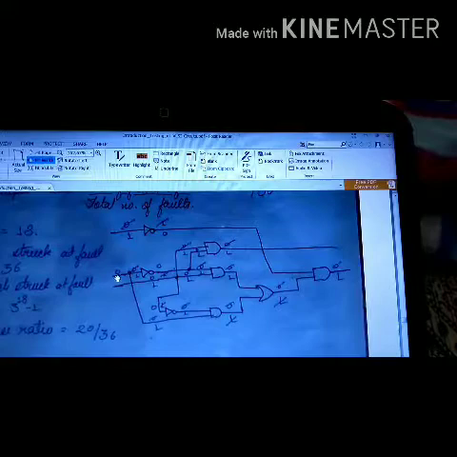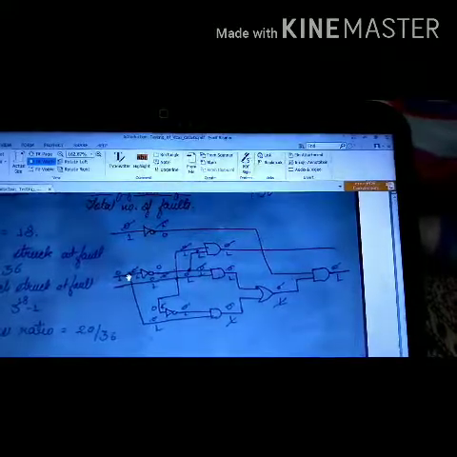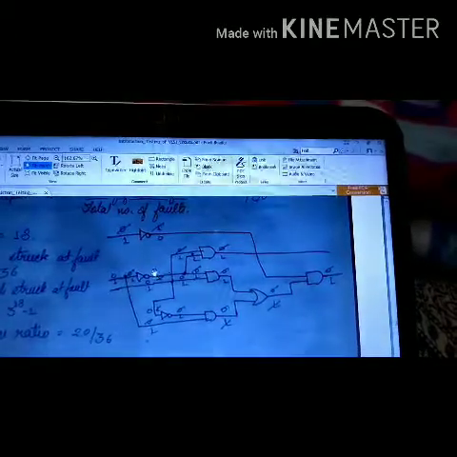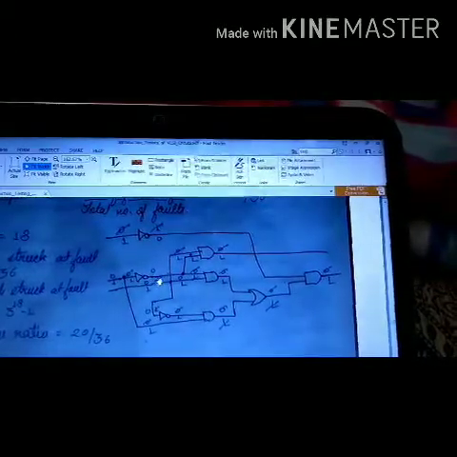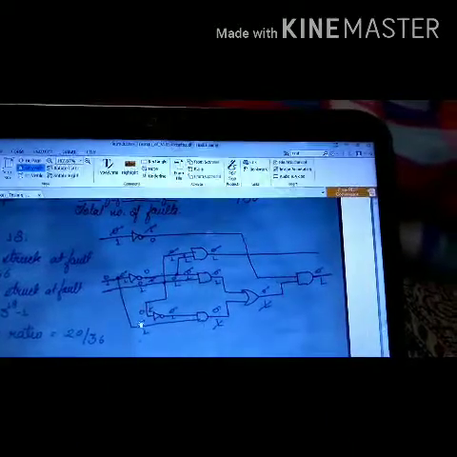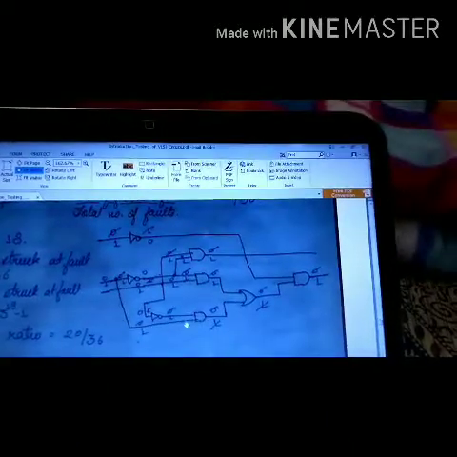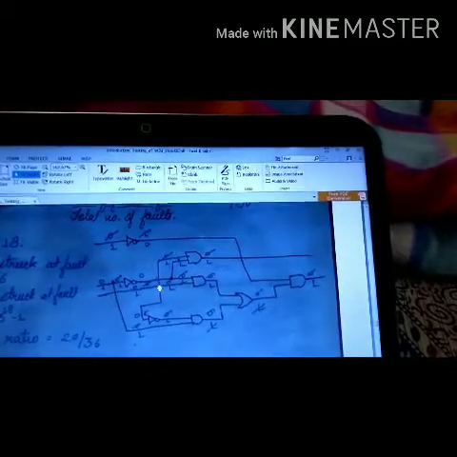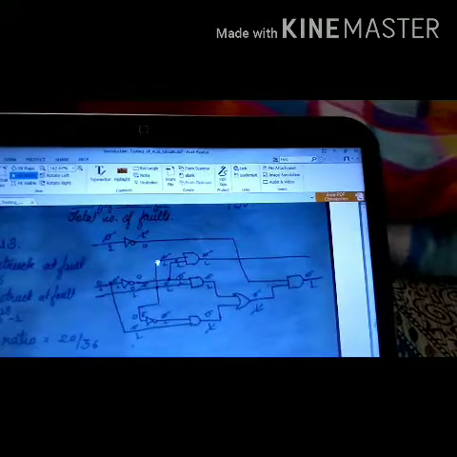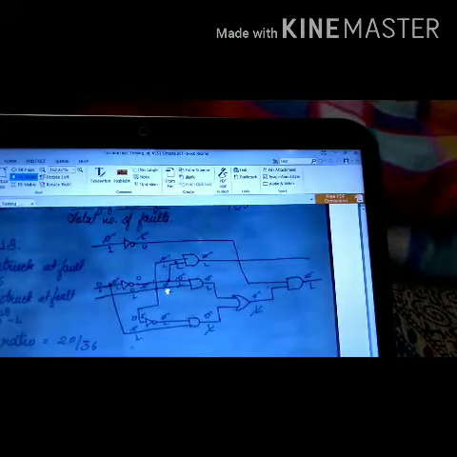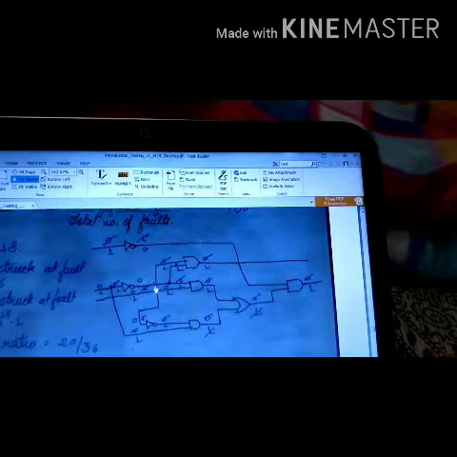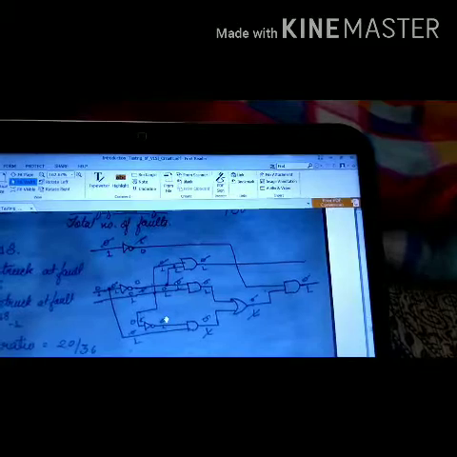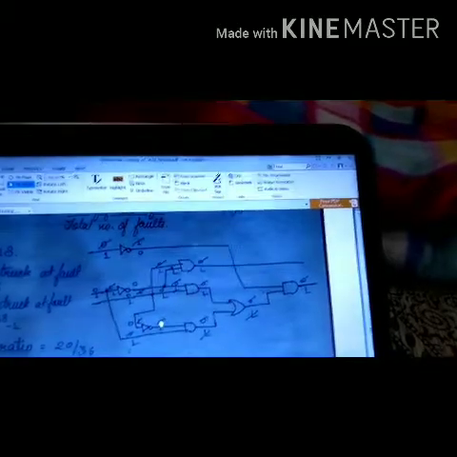Similarly, this will not be affected. This is because after this it is getting branched, so this does not affect the branching statements. So 0 and 1 here, 0 and 1 here. This 0 will cancel this stuck at 1 fault. Now the other line is going to this AND gate, and we have this line which is again dividing. So this 0 and 1 of the line will not be affected by 0 and 1 here and 0 and 1 here, and we get a line here for this NOT gate. So its stuck at 0 is getting cancelled by its stuck at 1, and stuck at 1 is getting cancelled by stuck at 0.